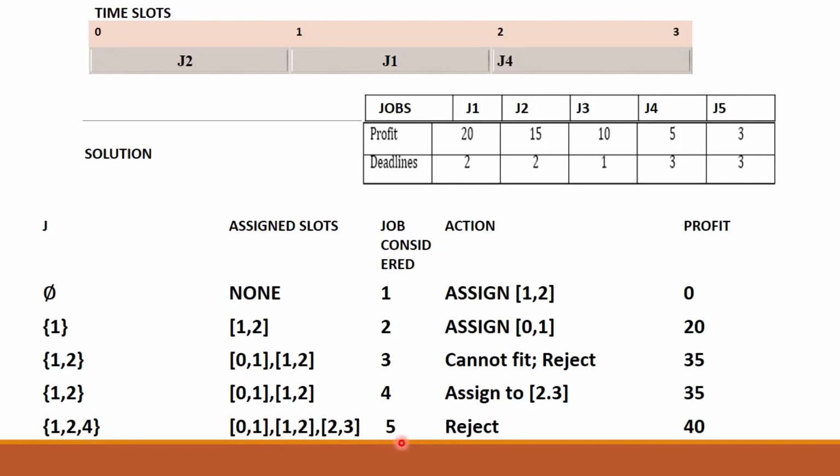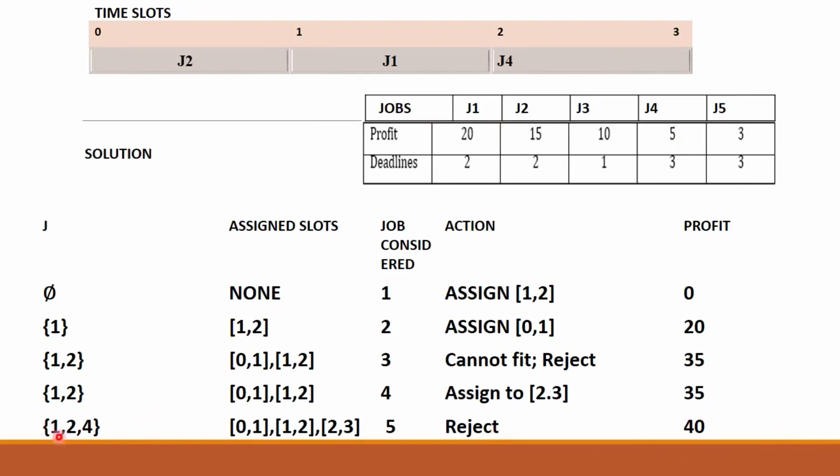Next, I will consider the next job. What's the next job? That is 5. What's the time slot? 3. Is there any 3 time slot here? No. So reject, and the total profit would be